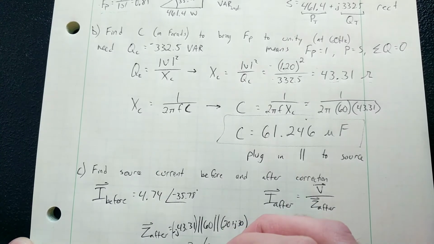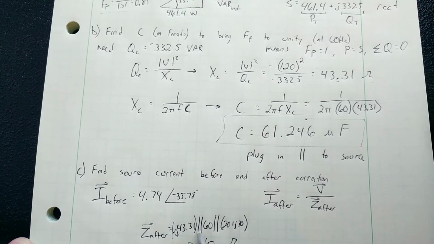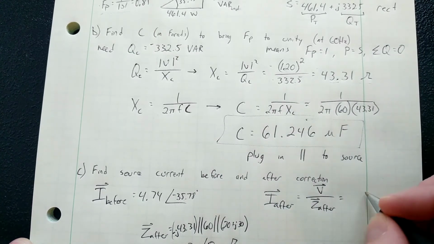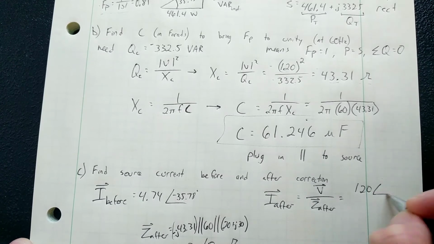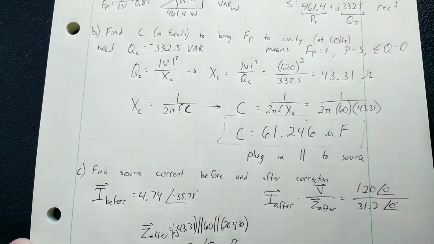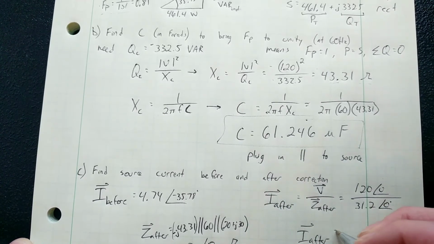31.2 angle 0 ohms. And that makes sense that after power factor correction, it is just resistive. This 0 angle means it's just resistive. These two canceled out, the negative J 31.31 and the J component over there. When we plugged it all in, that's what was canceled. 120 angle 0 over 31.2 angle 0. And the I after is